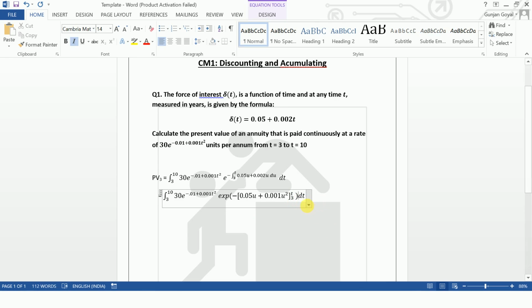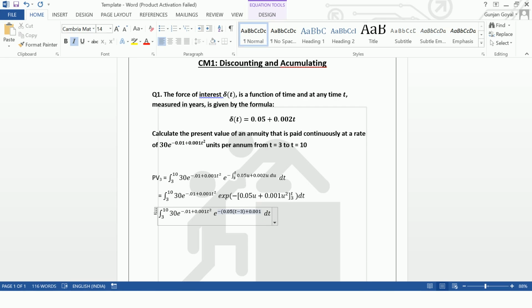Okay, and now the second line we come again, solve equals to, again please paste this. You have already copied it, so you need to paste. So when you paste this, now this part you can remove, just removing this entire thing, e to the power, and I'll write minus 0.05 into (t minus 3) plus